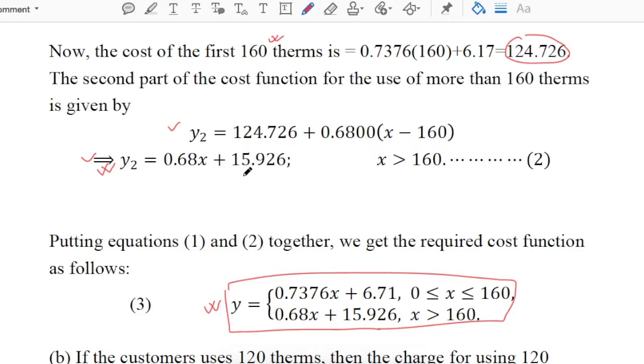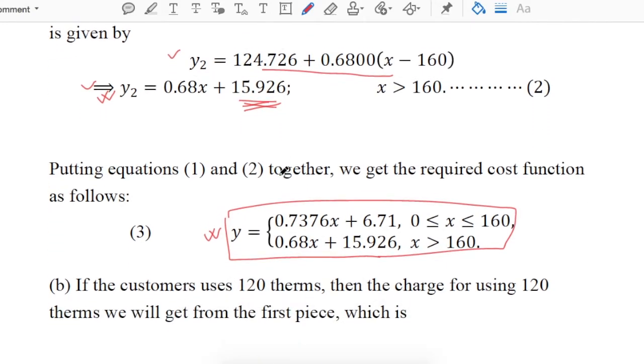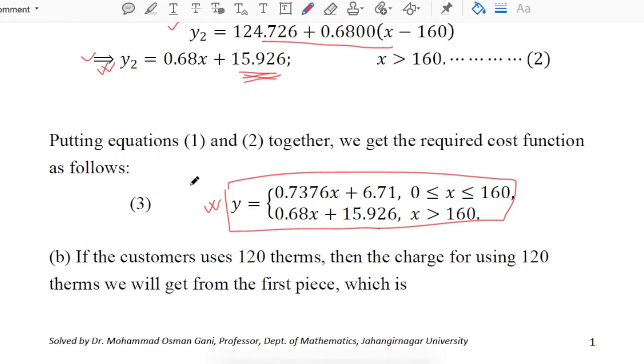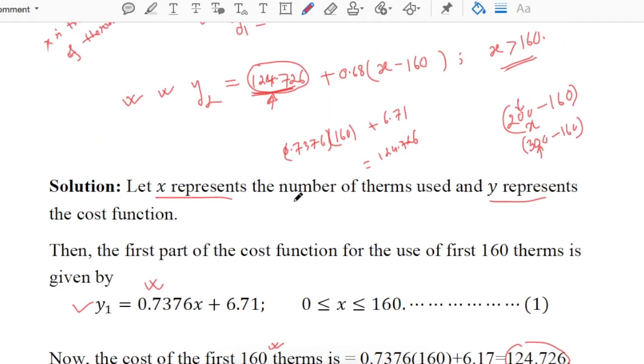You may think that where this 15.926 comes from. If you simplify here, then 0.68x minus 0.68 into 160 plus 124.726, and that will give us 15.926. So now equation 1 and 2, if we put together, then we will get our required cost function, which is this. And let us draw the graph later. Before that,